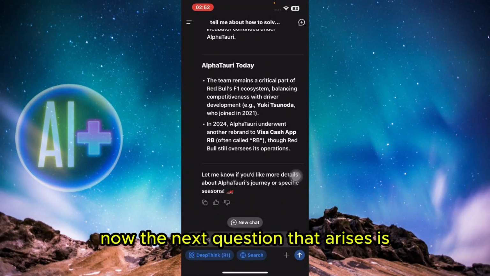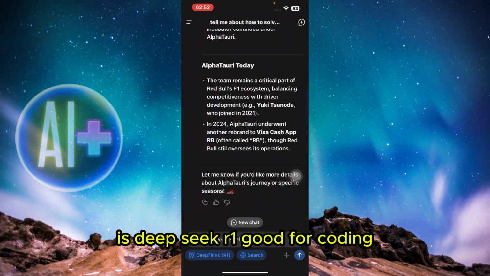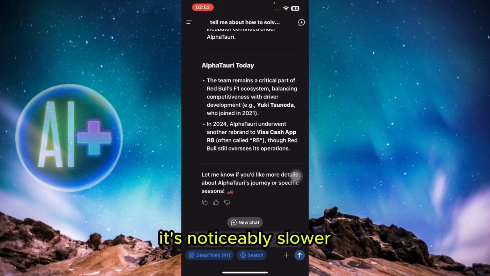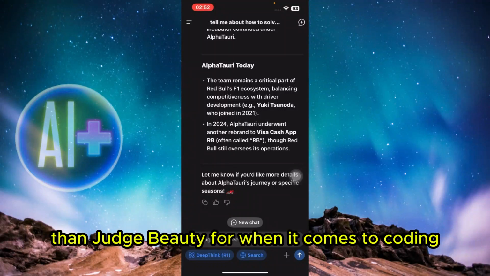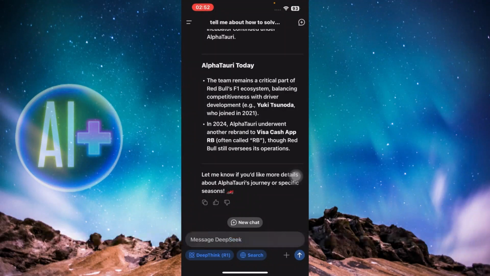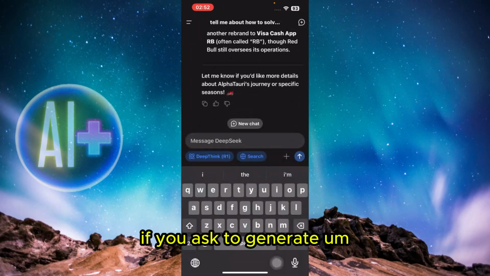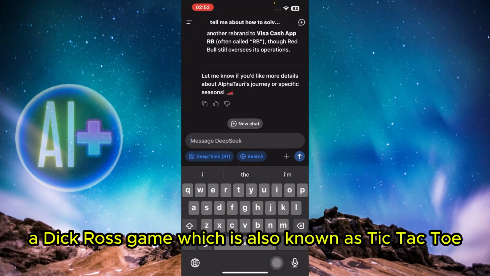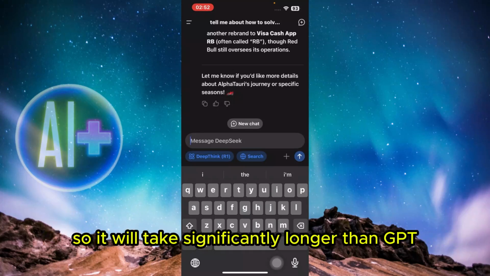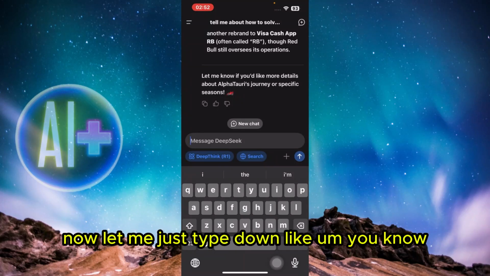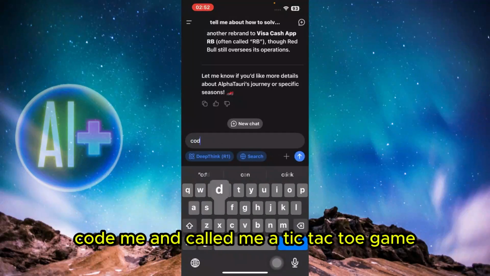Now the next question that arises is, is DeepSeek R1 good for coding? While R1 performs exceptionally well in reasoning tasks, it's noticeably slower than ChatGPT 4 when it comes to coding. For example, if you ask it to generate a Tetris game, or a tic-tac-toe game, it will take significantly longer than GPT-4 to complete the task. Now let me type down, code me